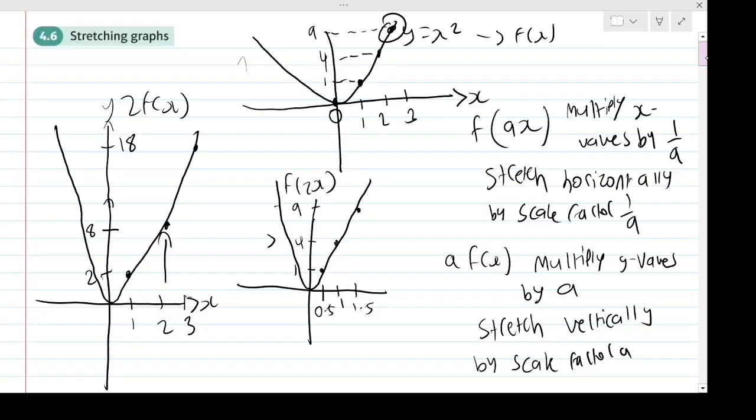So if I, again, let's stick with... What should I do? Yes, let's do this first. So let's stick with x squared first of all. Okay. Now, what happens very specifically when we have